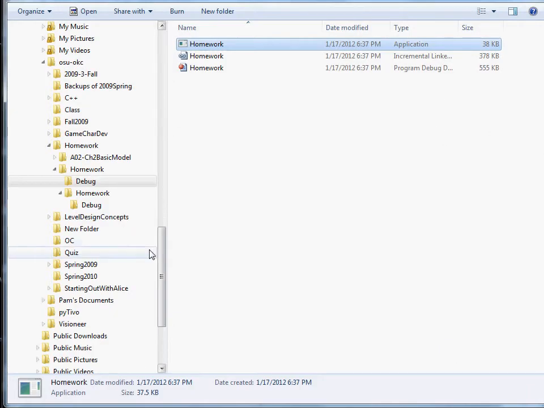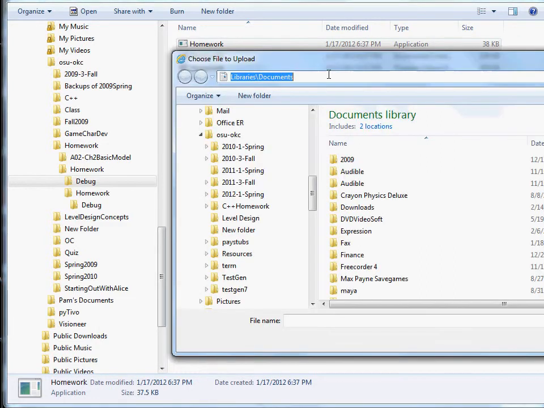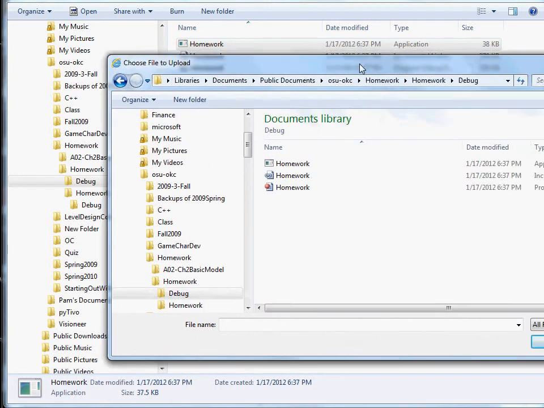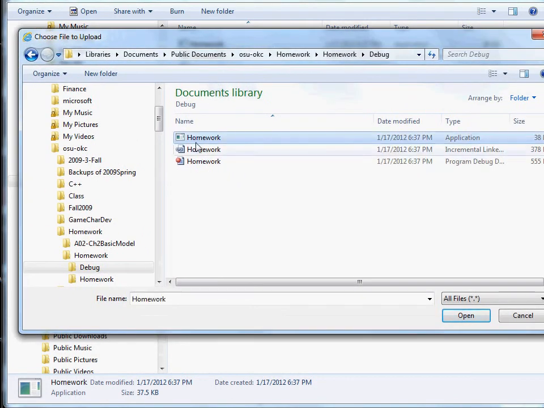Users, public. So I just left it in the default. So if we go to the right folder and we pick homework and open,